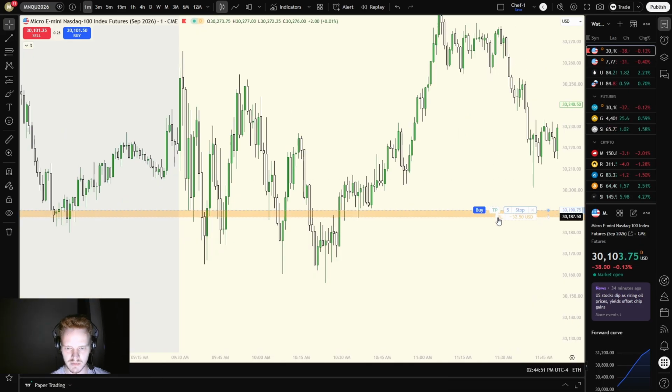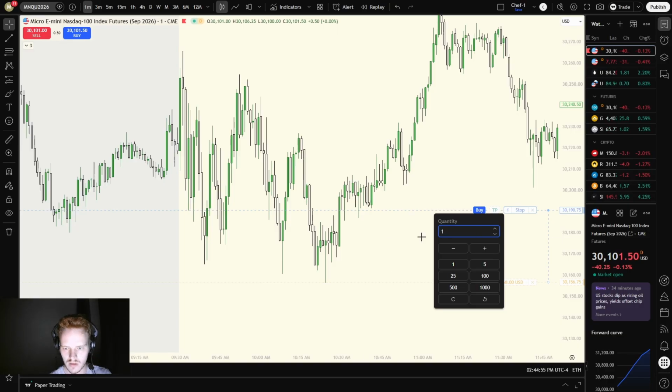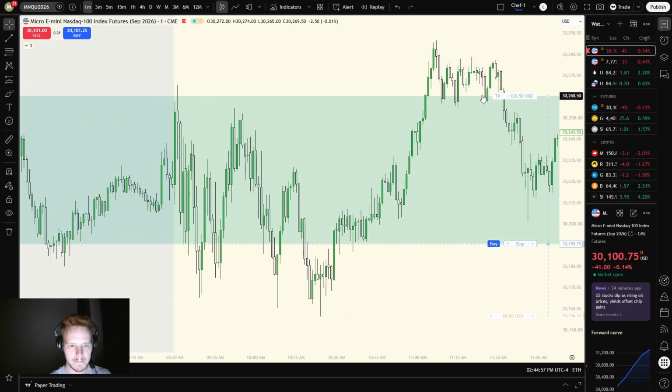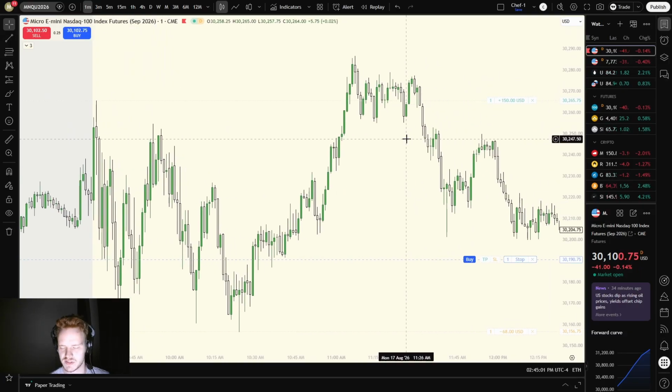Okay, that's supposed to be a limit, but okay. If you put one micro, there's a big difference there, right? And depending on whether you're trading prop firms or you're using your own money, your own capital, you're going to be wanting to be trading with different sizes, different contracts.